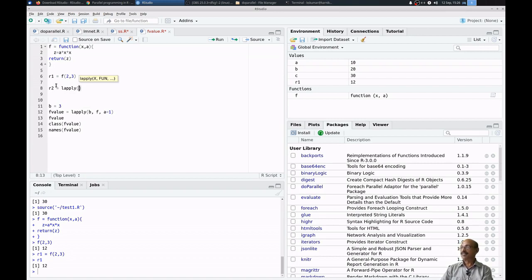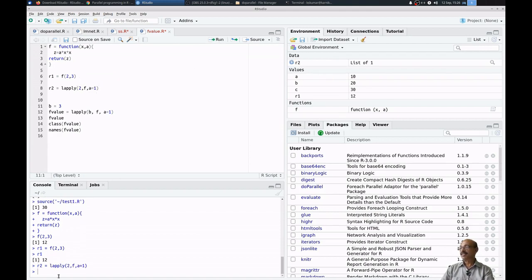Then I have to give a value: x is equal to 2, comma, then the function, comma. We need to pass the value of a also. I put a as 1. If I run it and type R2, it will show the value 4, because 2 square is 4 and a is equal to 1.